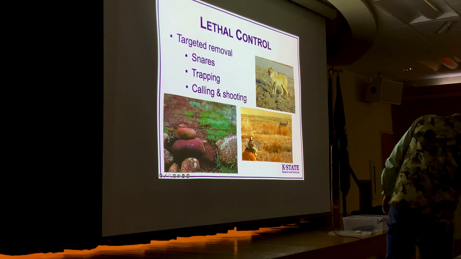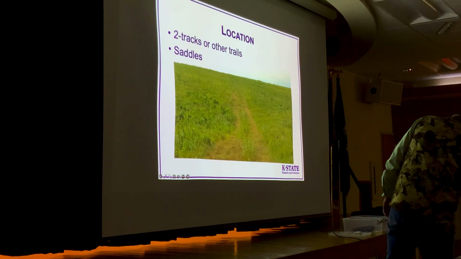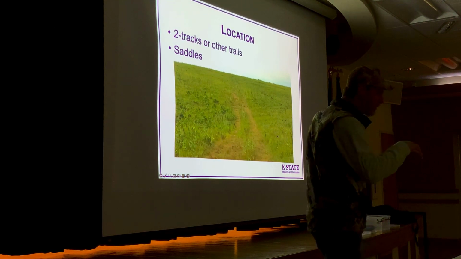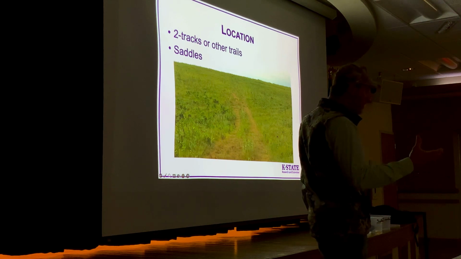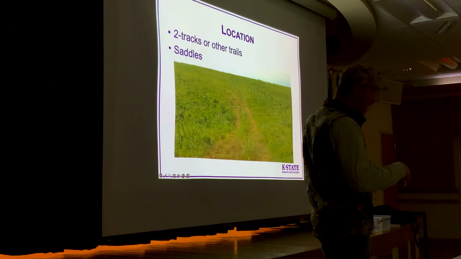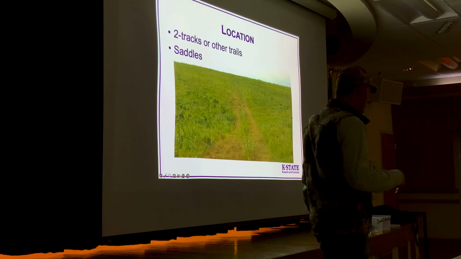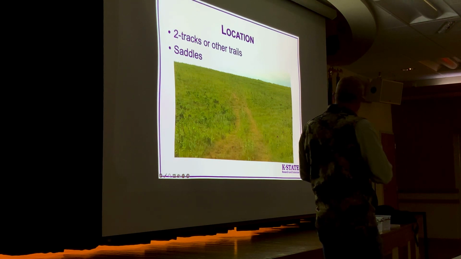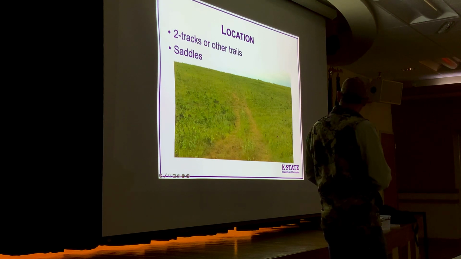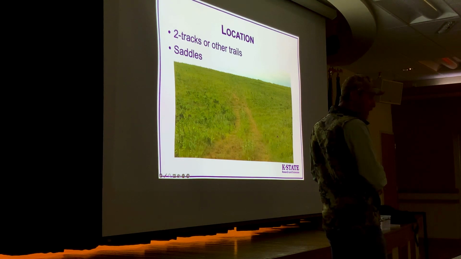We're at our 8 o'clock, so I'm gonna go through the rest of this stuff pretty quick. But when you're thinking about trapping or snaring, location is key. If you're not in the places where the coyotes are at, you're not gonna catch coyotes. So we're gonna do a couple of different things to make sure we're in places where there are coyotes. One is go look for sign in areas where coyotes are likely to be.